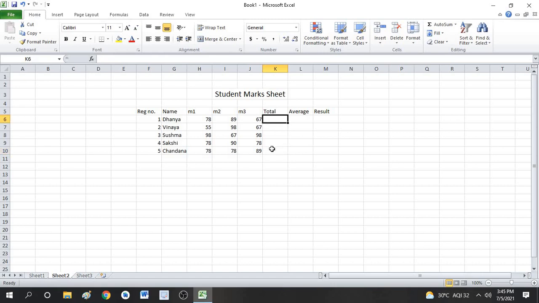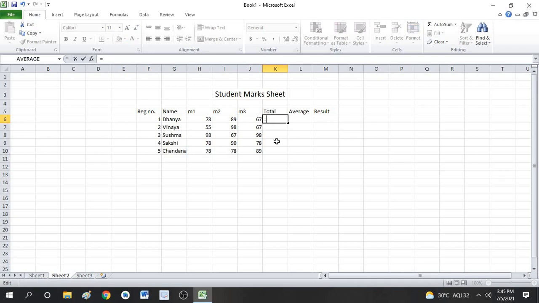So wherever I am placing my cursor, the formula bar will take the values. Whatever I type there, it will be displayed in the formula bar, only if it is starting with the equal symbol. So you can see now, I'll place my cursor here and start with equal symbol. So whatever I am typing here, you can see here. Whatever I type here will be seen in the formula bar, same thing. Okay, so now I am using the default formulas.